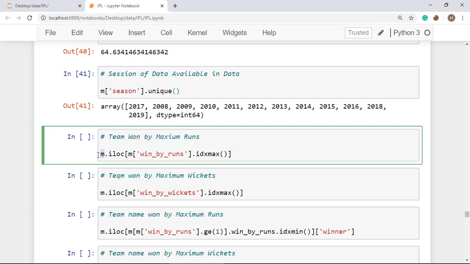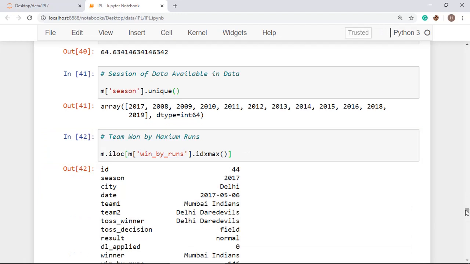We are calling the dataset matches by M, and we are getting a row by dot iloc, meaning dot iloc will take the row where the condition is satisfied. Here we are calling M, finding win by runs, and applying the function idxmax, meaning the value will be selected where the maximum runs are in the column win by runs, and this will display you the whole row details like this.